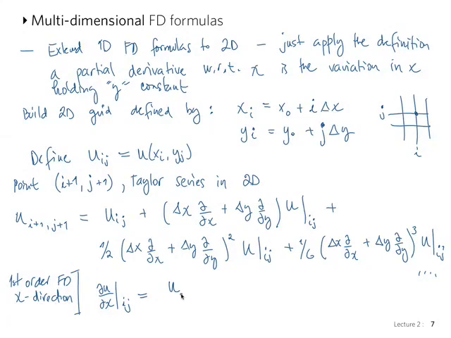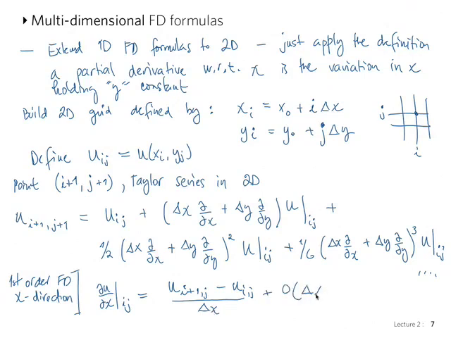Let's look at the forward one, so it's i plus 1 and i, but j stays constant, so u i plus 1 comma j minus u i comma j, and this divided by, well, we're varying only x, so delta x. And you can see that this is first order, so we have an error